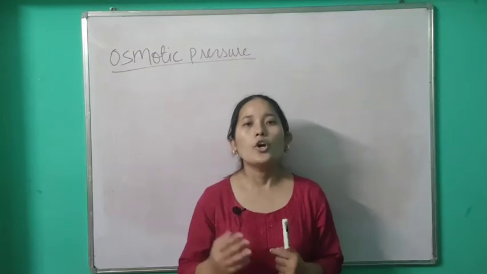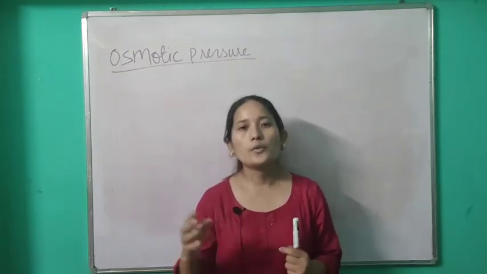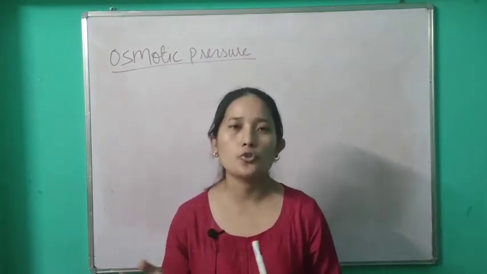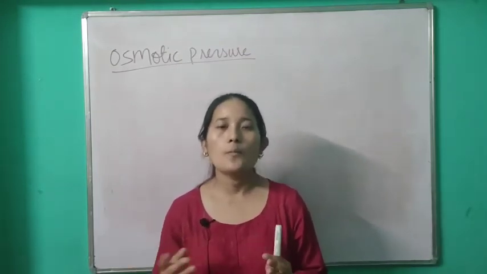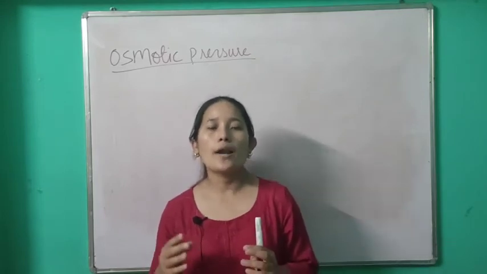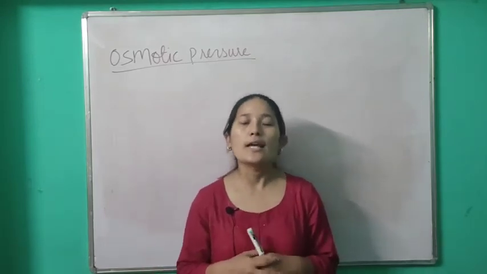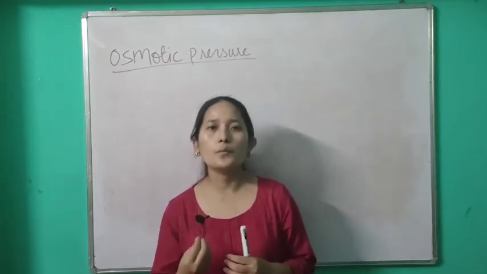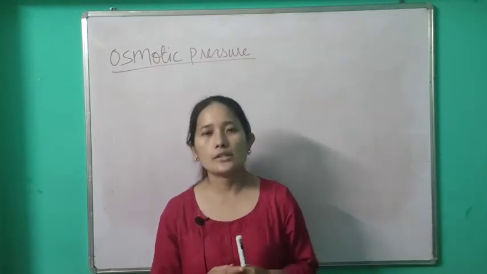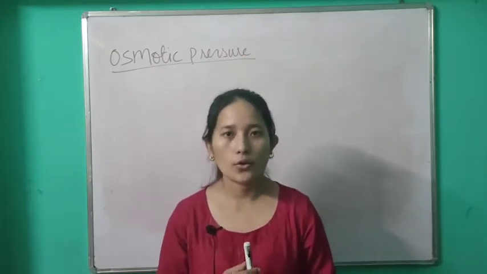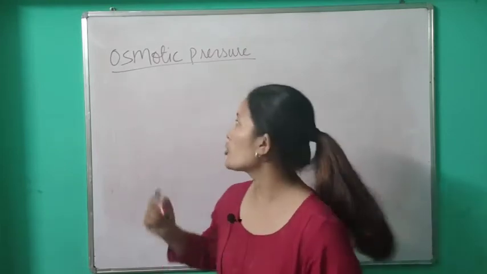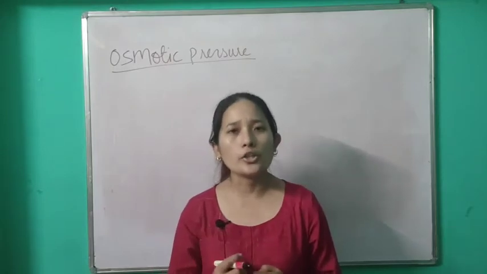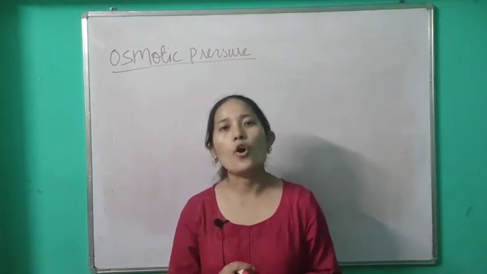Because whenever influx of water, absorption of water, movement of water from higher concentration to lower concentration takes place, because of the continuous movement, osmotic pressure is developed. Now what does osmotic pressure do? Osmotic pressure is the minimum pressure which inhibits the osmosis process. So I hope you understood what is osmotic pressure. Osmotic pressure, what is it? It's the minimum pressure which inhibits the process of osmosis.